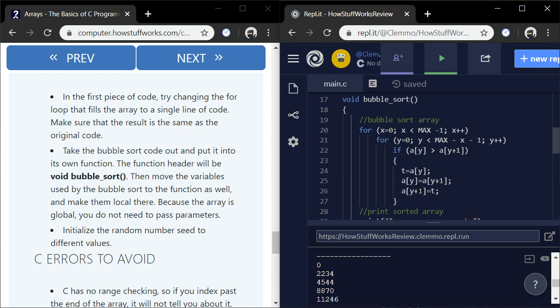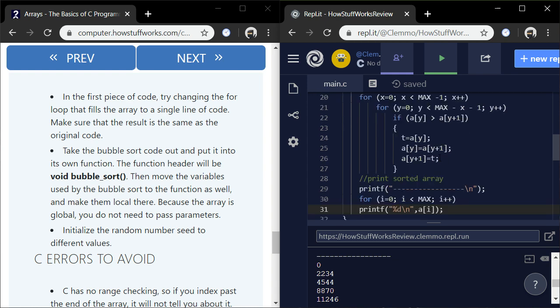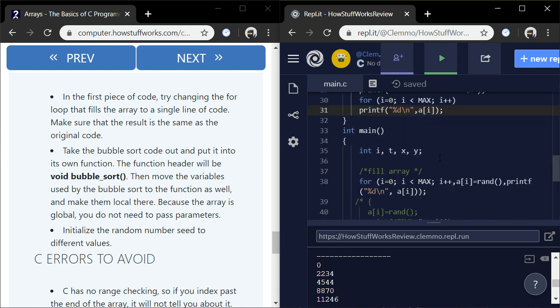That is my assumption. Then move the variables used by the bubble sort to the function as well. I don't know. I think these are the integers, the variables.